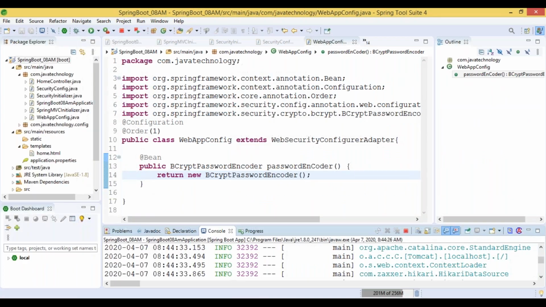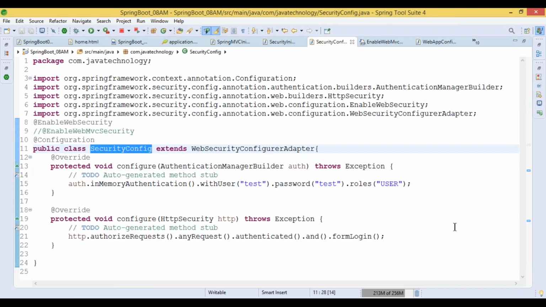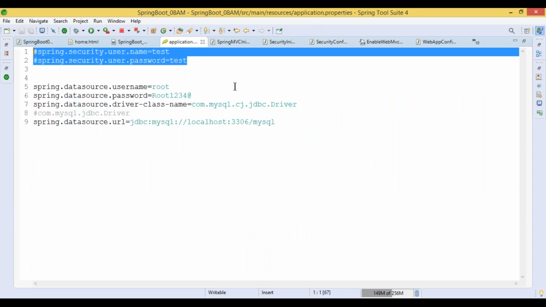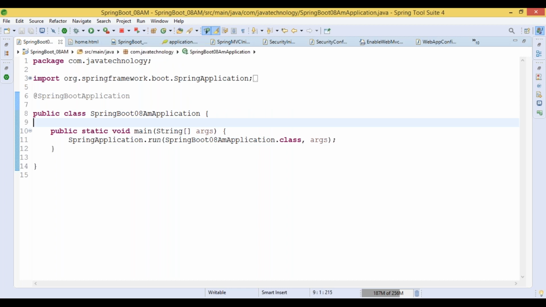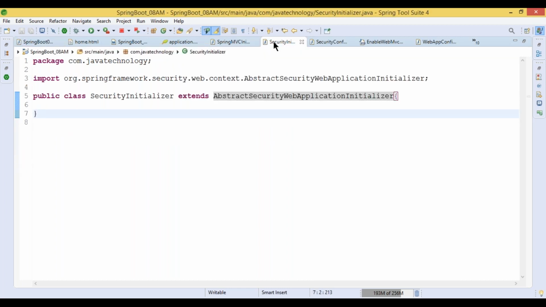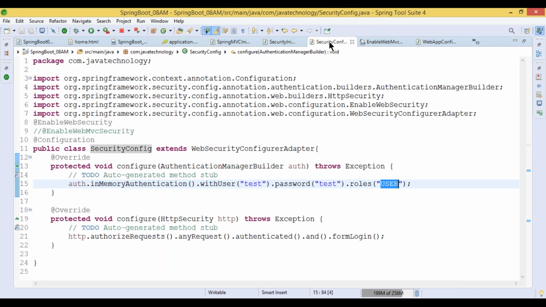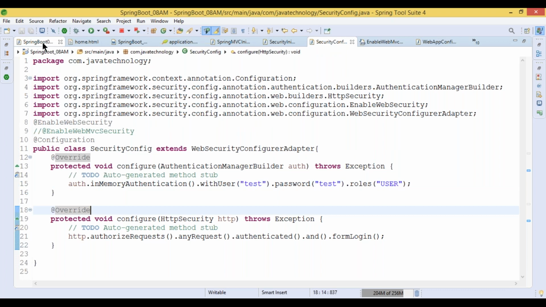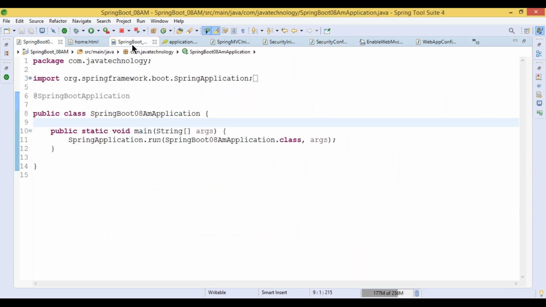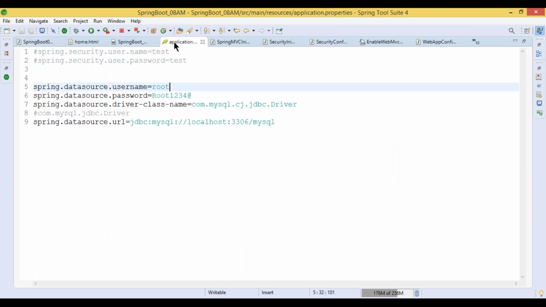What is the username and password we gave? Oh, nice. Test to test. Any configuration we are using? No. Okay. Enable configuration. Enable web security. Test to test. Application database URL.